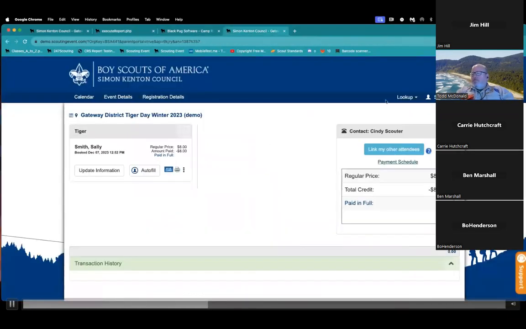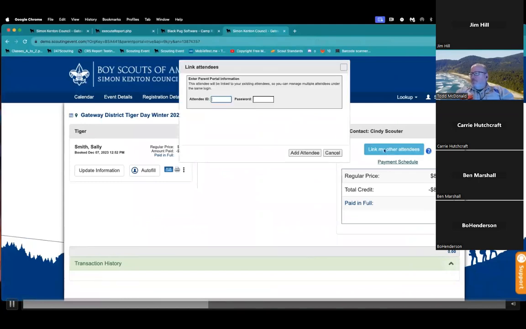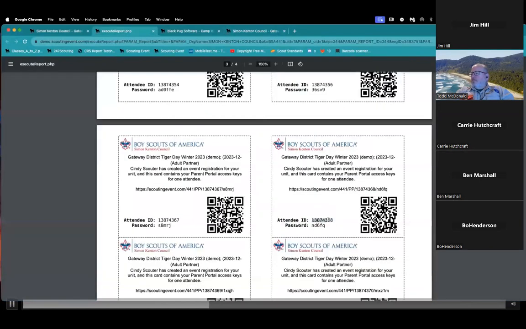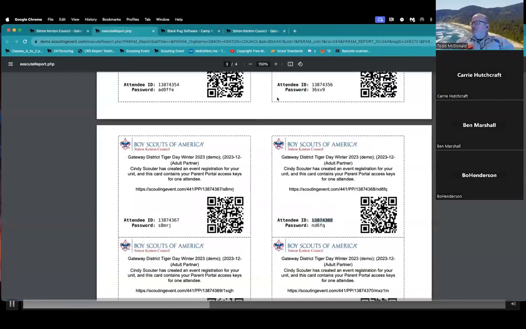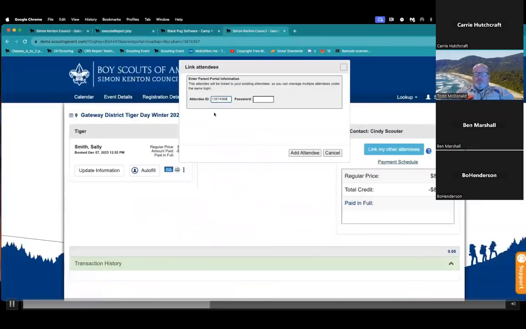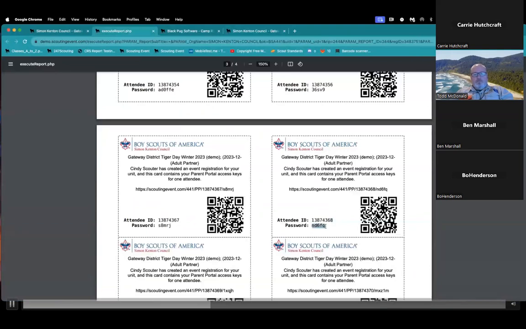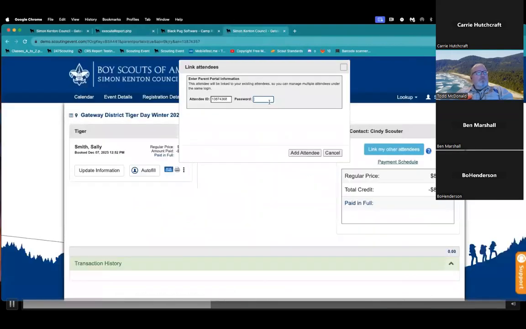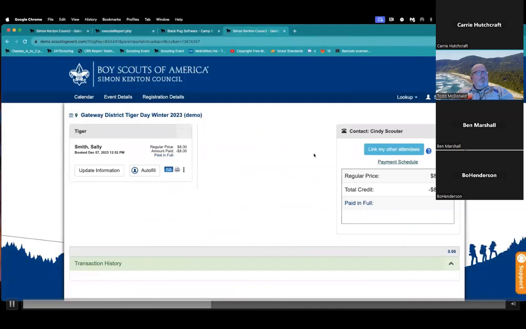So I'm going to go back over to my parent portal, and I'm going to say link my other attendees. And then I need to enter the ID and password that are listed on the second card that I received. Once I've entered that information, that links them together.